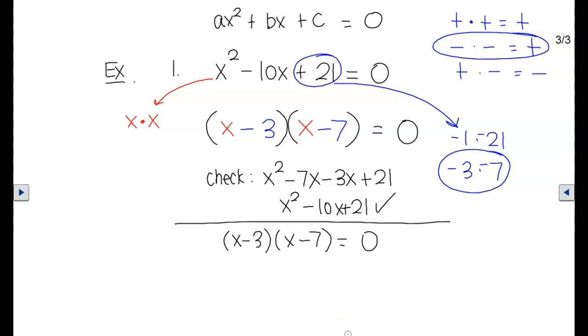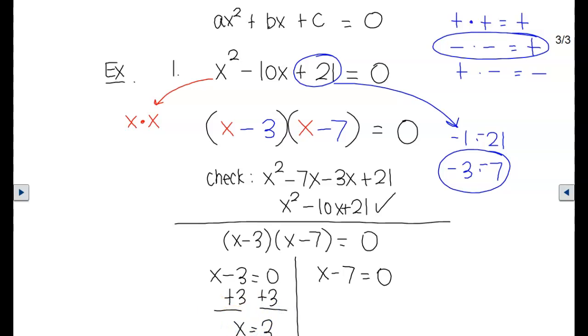All right, now we're at that step 3 where it says to set each factor equal to 0 and solve for x. Your first factor is x minus 3. So you're going to set x minus 3 equal to 0. Your second factor is x minus 7. So you're going to set x minus 7 equal to 0. And then you're going to solve each of those equations for x. So on this first one, to solve for x, all we have to do is add 3 to both sides. And we get x equals 3. And on our second one, all we have to do to solve for x is add 7 to both sides, and we get x is equal to 7. So our solution for this quadratic equation